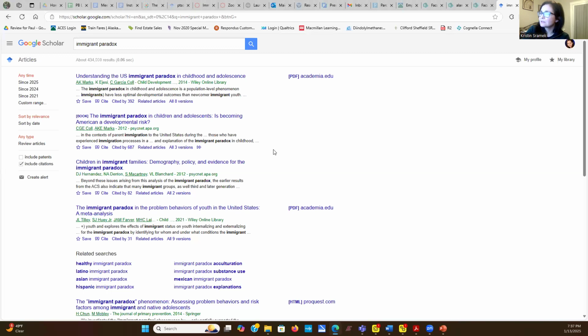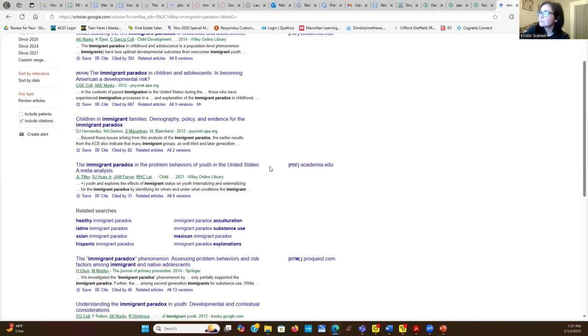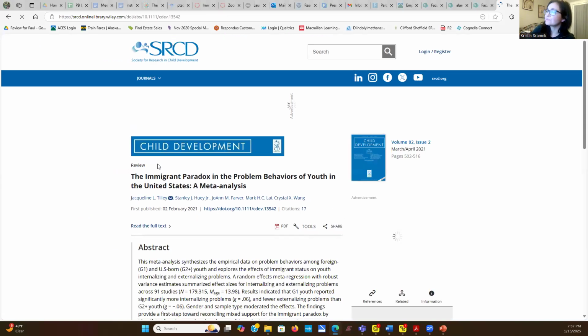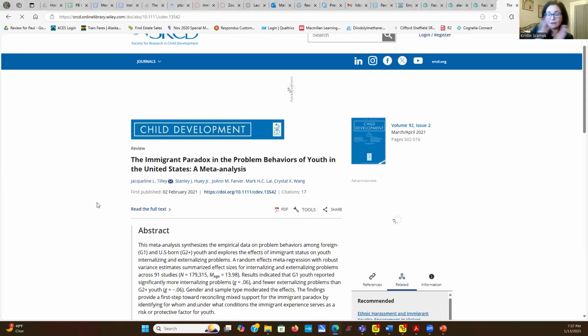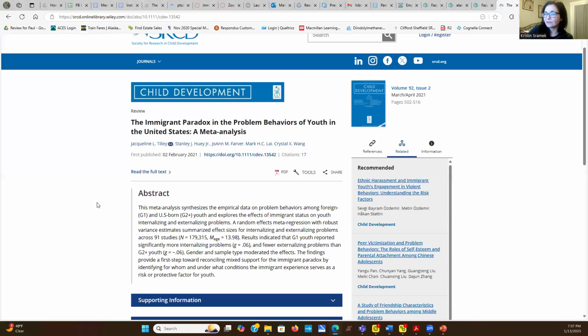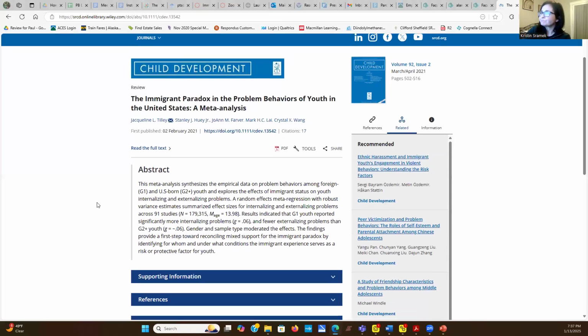It looks like this isn't. Oh, this is a meta-analysis from 2021. That's very nice. So a meta-analysis is actually a study of studies. So they're looking at a bunch of studies and piling all that data together, or compiling all that data together. So this is the immigrant paradox and the